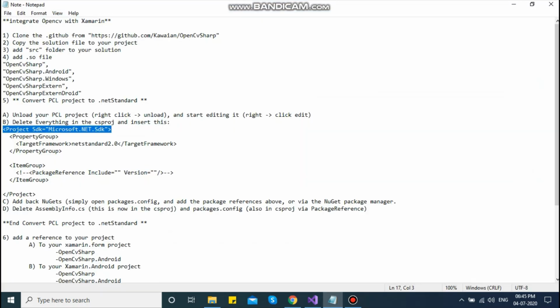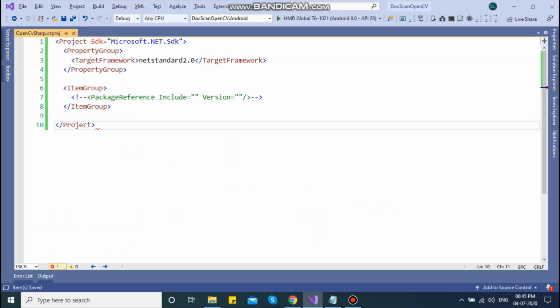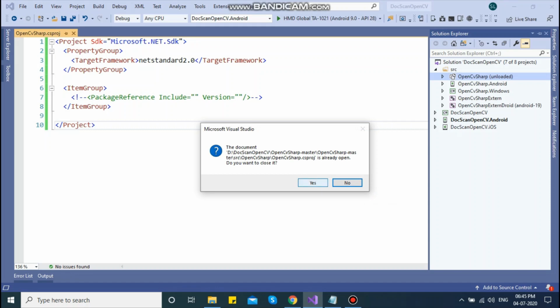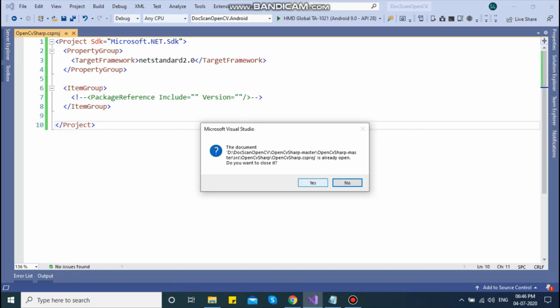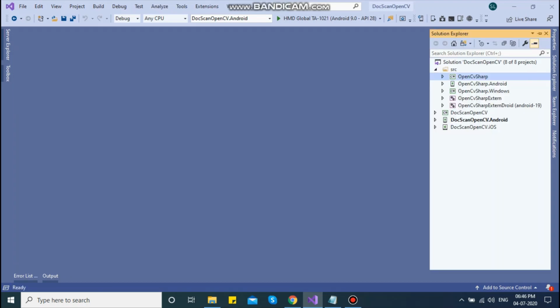Then you need to paste this. Now your project is ready to use as .NET Standard. Now you need to reload this project again. It will prompt you with this, you need to say yes. Okay, so as you see, the portable text is removed from this solution.